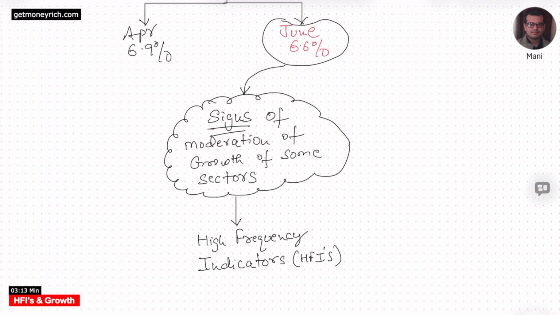And why is it called the purchase managers index? Because if the purchase department of a company is ordering more items, it is a good sign that the economy is growing fast. If the purchase manager is ordering fewer items, it is cutting costs, and that is a sign to RBI that maybe the corporates are willing to cut down their costs. They do not want to go as aggressive. This is a sign of moderation of growth.